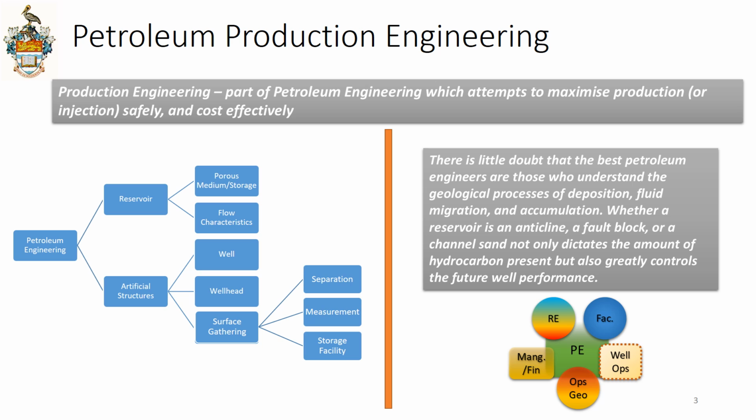The reason for liaising with management and finance is twofold. One, you need access to money to perform certain work to increase and maintain production. And two, you need to ensure that what you're doing is in fact making a good return to the